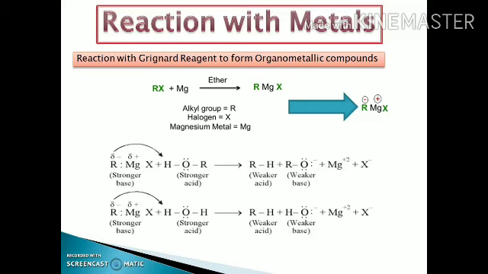magnesium to give a carbon-metal bond, and such compounds are known as organometallic compounds. That is usually referred to as a Grignard reagent. These reagents are obtained by the reaction of an alkyl halide with magnesium metal in dry ether. Basically, in a Grignard reagent the carbon-magnesium bond is a covalent bond, but it is highly polar in nature, with carbon pulling the electrons from the electropositive magnesium, and the magnesium-halogen bond is essentially ionic.